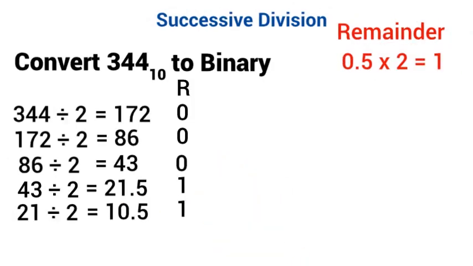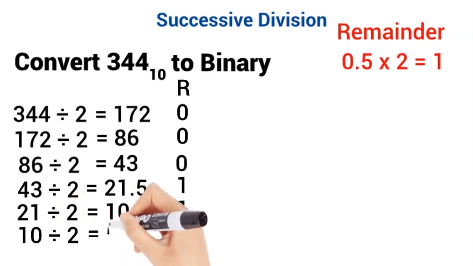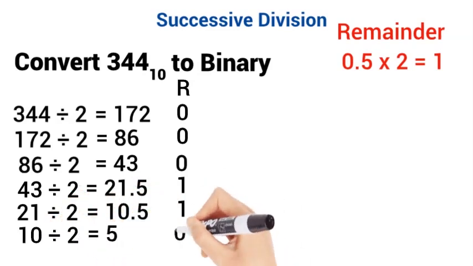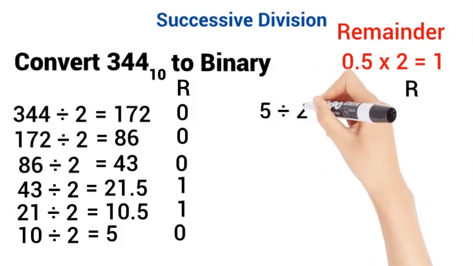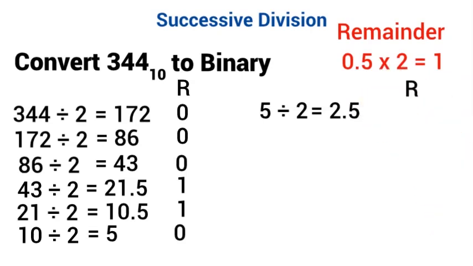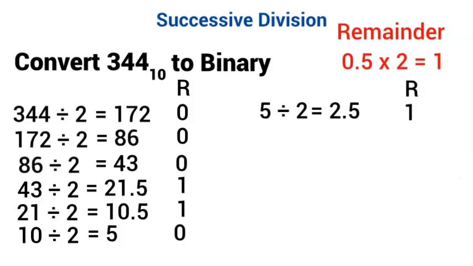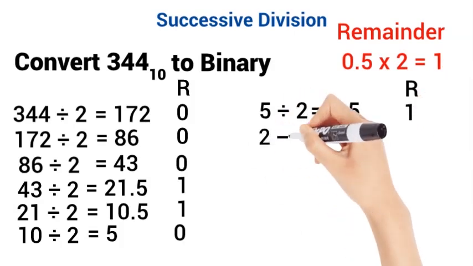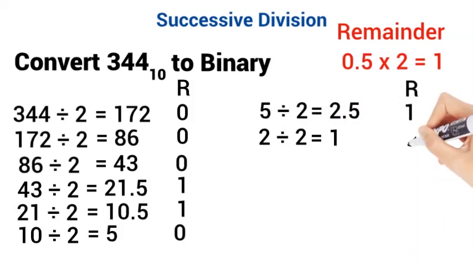Let's continue to divide the whole number. 10 divided by 2 is 5 with no remainder. Now copy the quotient, which is 5, and divide it by 2, which will give us 2.5. Multiply 0.5 times 2, and so the remainder is 1. Copy again the whole number, which is 2, divided by 2, and that would give us exactly 1 with no